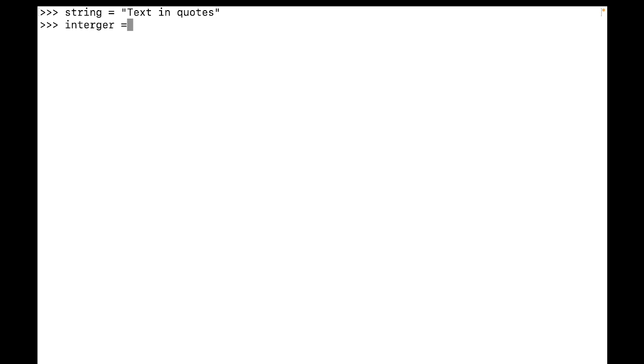Integers are what? Whole numbers. So 18 is a whole number. And then float is a decimal number, just like our CGPA 3.8. This is a float in Python. And then booleans are either true or false. Okay, so when I print this, when I say print